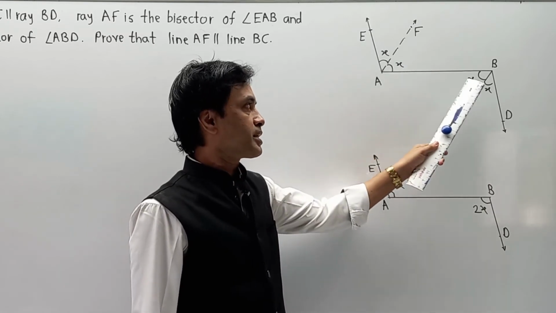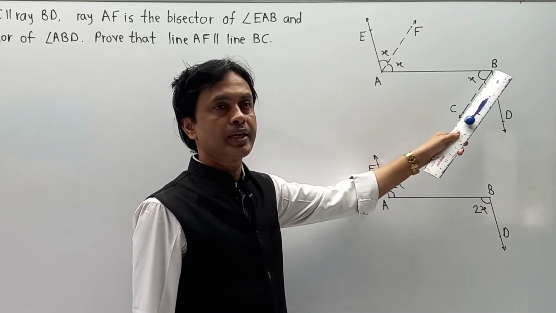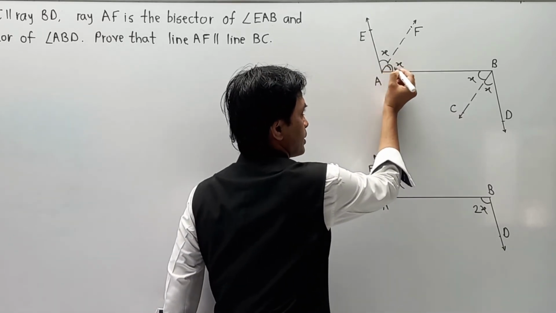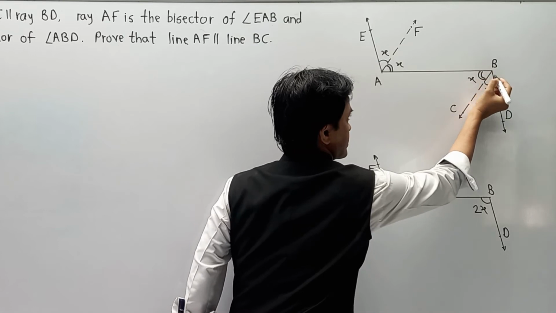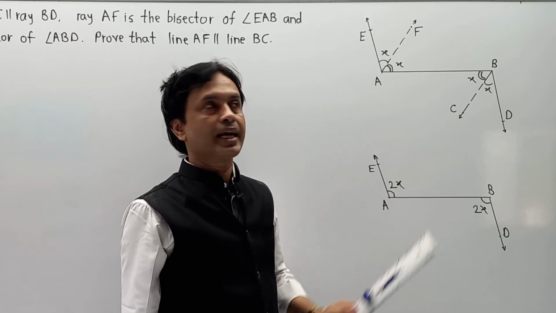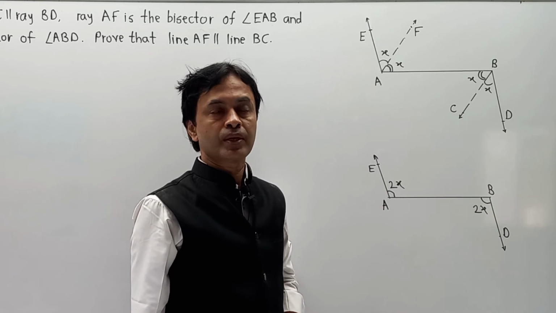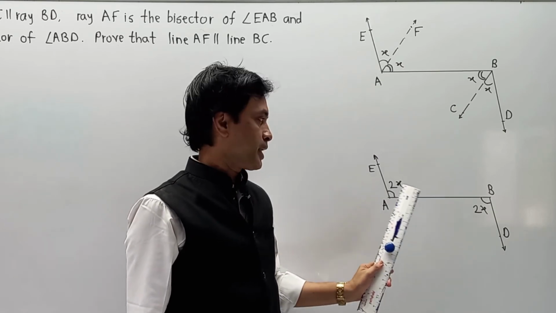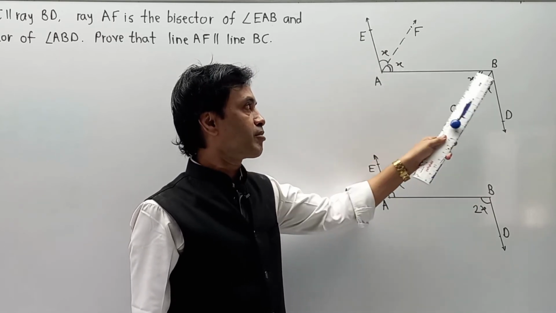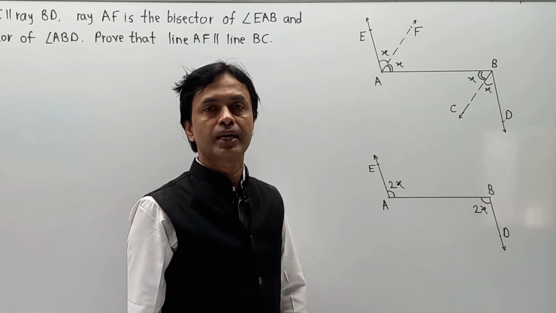Now, if this x equals x, logically angle FAB is equal to angle ABC, with the reason being x equals x. Naturally, these two angles are congruent, and they act as alternate angles, so we can say AF is parallel to BC. So the first part we write as number 1, then half of this, meaning x and x, in part 2, and lastly x equals x in part 3, and we complete the answer. Please pay attention when I write the answer for you.